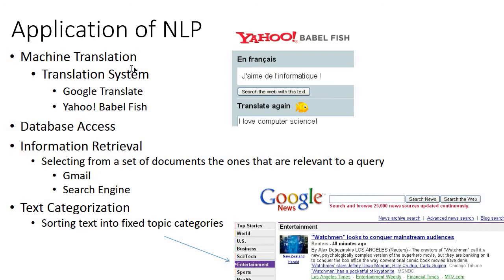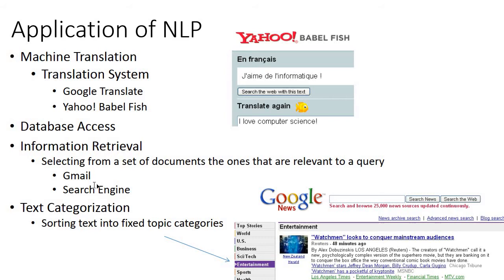Okay. So kat mana, where is the application of NLP? Contoh, first is machine translation. For example, Google Translate. Google Translate is evolved. Kalau sedar sekarang, Google Translate keep better. It's getting better. Okay, Yahoo Babelfish, database access, information retrieval. Contoh kalau awak tengok email awak sekarang, Gmail, a current trend of Gmail, it will sort the email based on category. How Gmail can understand the title or the subject of your email and sort them into a category.